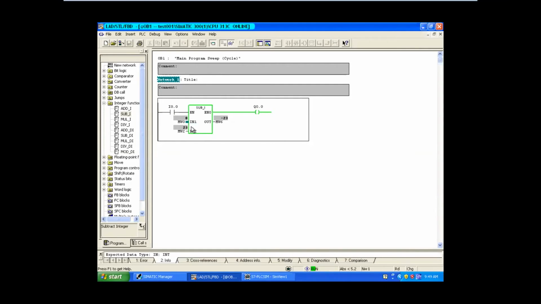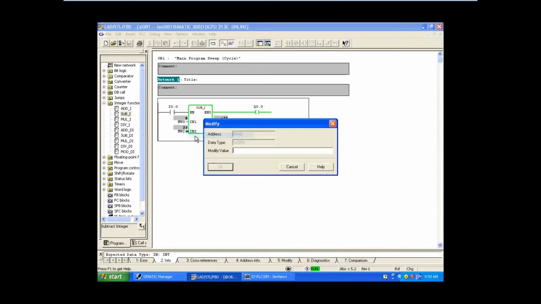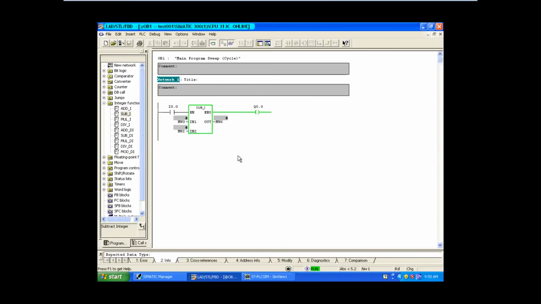Okay. So 0 minus 23. Same thing we have seen in a comparator also, right? First number only it will take for the first position. So 0 minus 23, like that only it will take. If I give this as 0, it will be 0. Got it? So this is how we need to work with the integer functions.